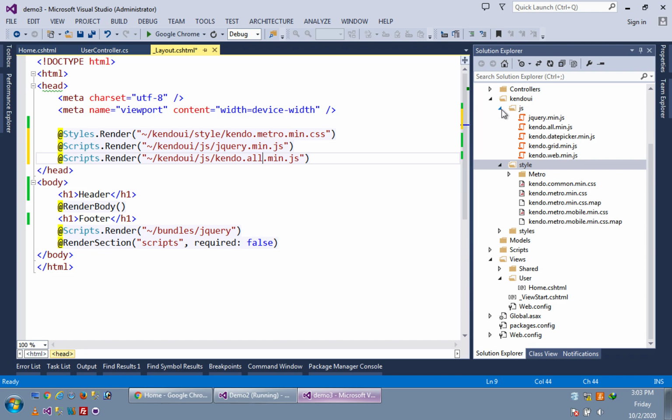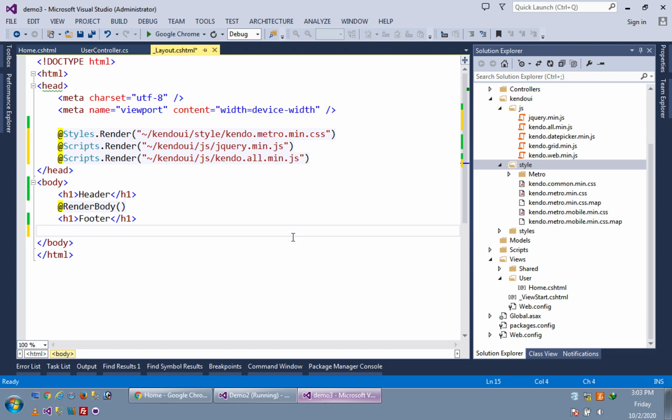I have shared this Kendo UI folder zip with you all. You can download it on their website also. So we have included all these three files. This section we don't need right now, so I'm just removing it.